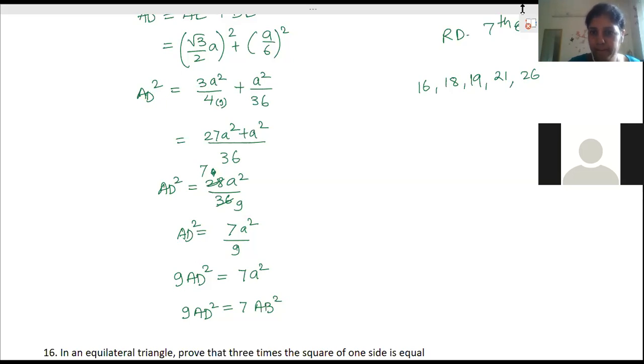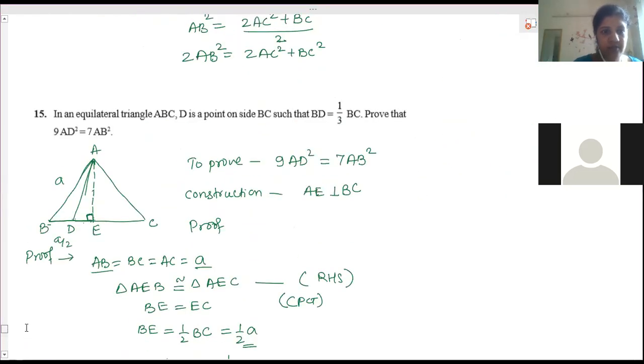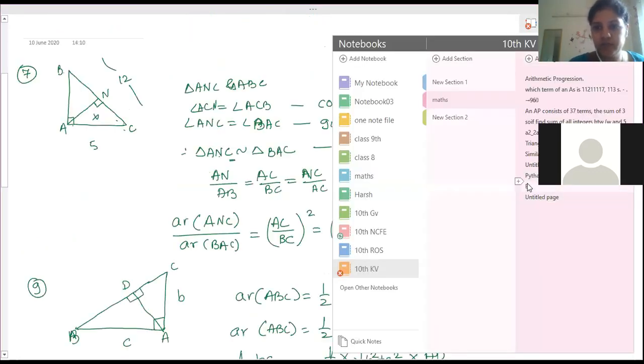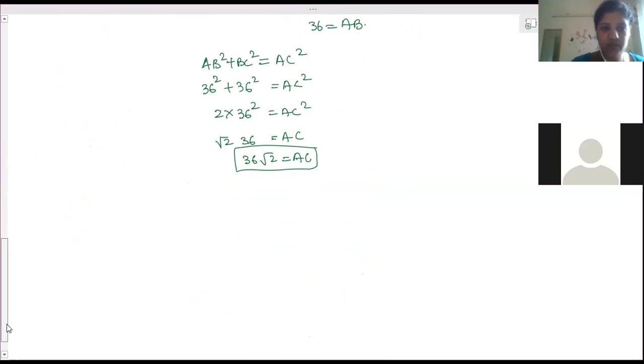Ma'am, can you explain this NCERT's 15th question once more? Someone is asking the 26th question. Fine. I will solve the 26th question first and then I will repeat the 15th one. First, we solve these R.D. Sharma doubts and then clear all these R.D. Sharma doubts and I will come back to NCERT.